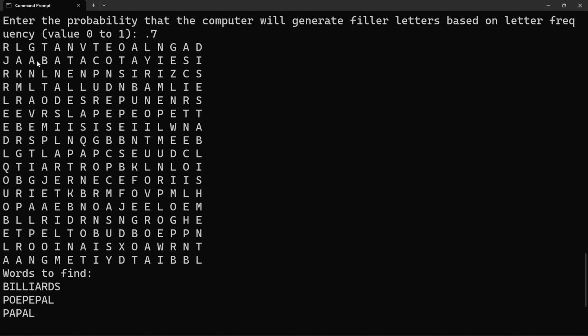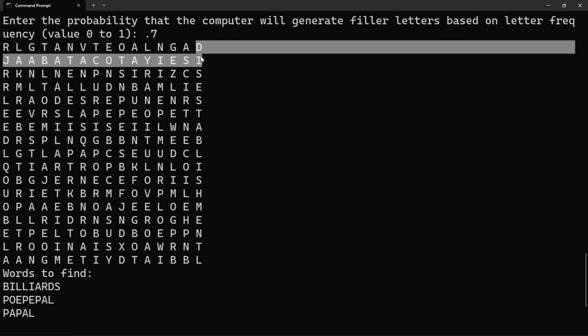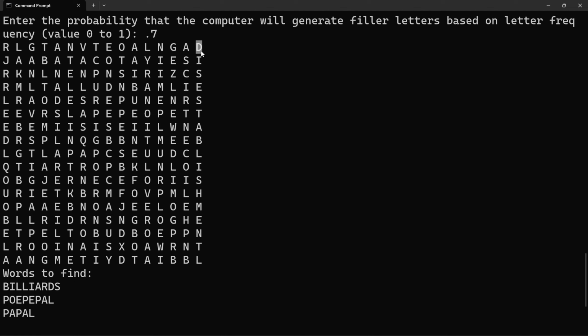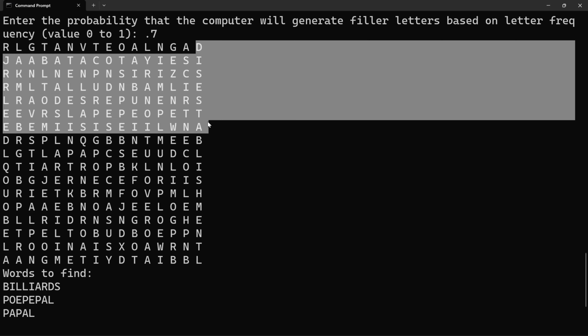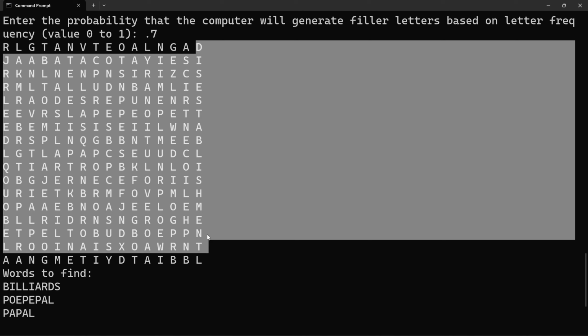Well, disestablishment is going to have to start pretty far away from the edge, because if it started too close to the edge, it would go over. So, I don't know. Pelt. I found pelt. That's almost the more fun part of playing a word search: finding words that weren't in the original assignment. You just look at it and you're like, oh, here's pelt. Anyway, here is disestablishment